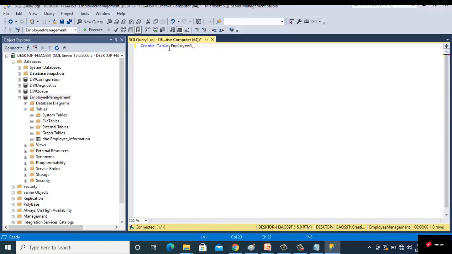employee grades, then place the parenthesis, and here you have to write the list of columns that you want to define. The first column that the employee grades table will have is grade ID, which will be an integer value, grade name, which will be varchar 30. Click the execute button